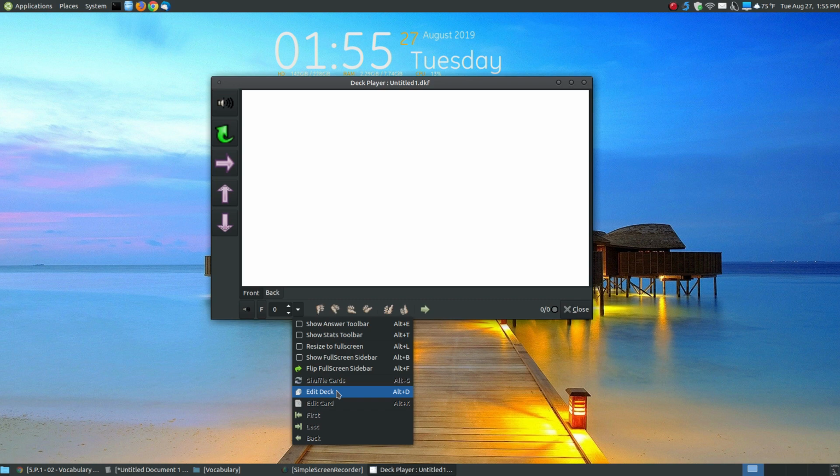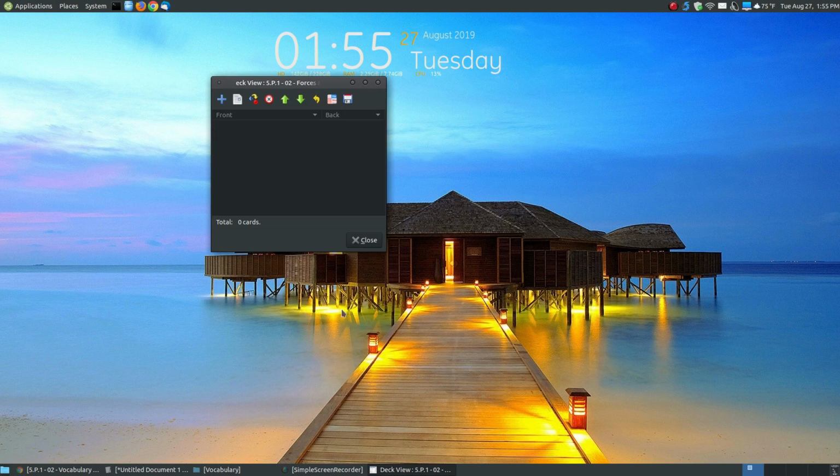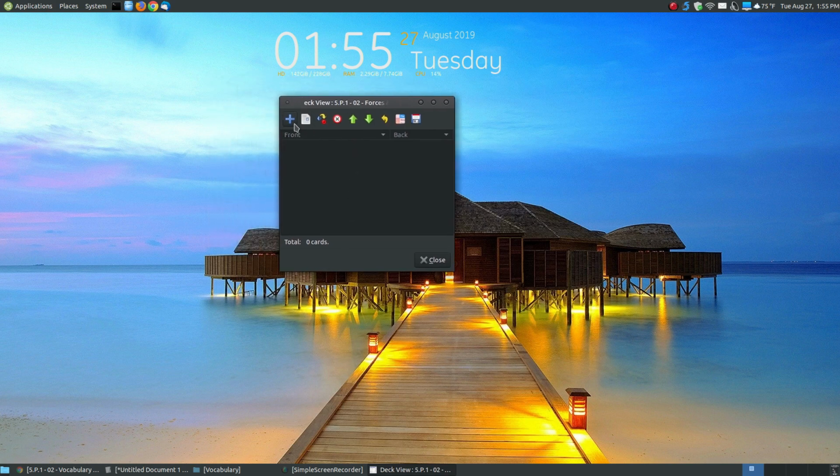The one that we want to focus on is the edit deck. Now the reason why edit deck here, it should say edit deck / create deck, because for the first time that you're creating your deck, the edit deck is your create deck. You can also use the shortcut keys alternate D. So when you go here, it's then going to give you a little menu across the top, which is